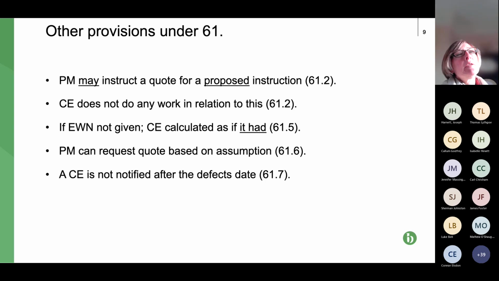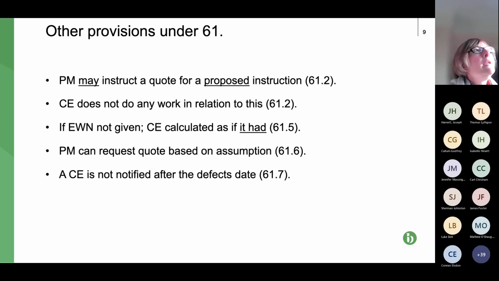So I've already said that the obligation to issue an early warning notice is on both parties. As soon as one of them becomes aware of it, you've got to issue it. If the contractor doesn't issue it when they should have, then what they get paid, if it transpires that it's a compensation event, is based on an assumption that they had given an early warning, in circumstances where they hadn't. So any cost savings that the PM thinks could have been achieved as a result of issuing an early warning will be removed from the quote, so that the client, the employer, gets the benefit of those cost savings.